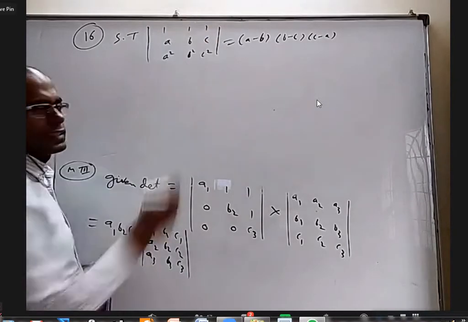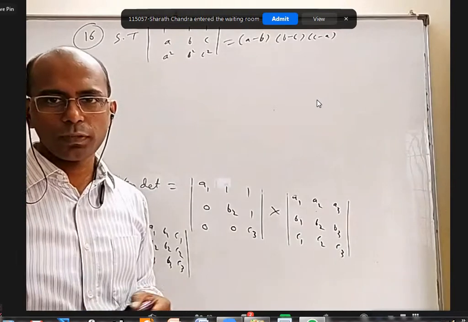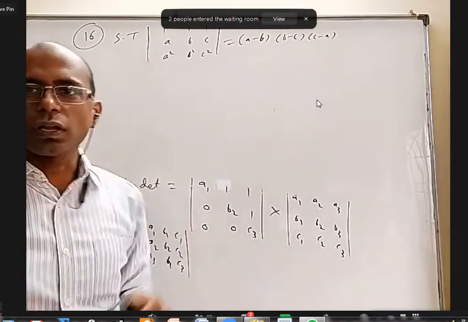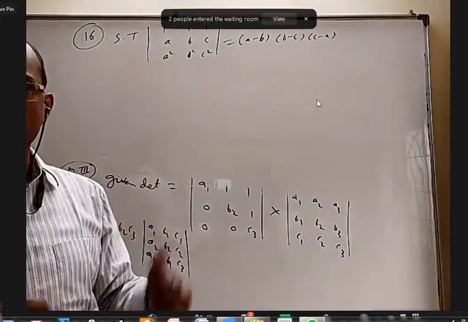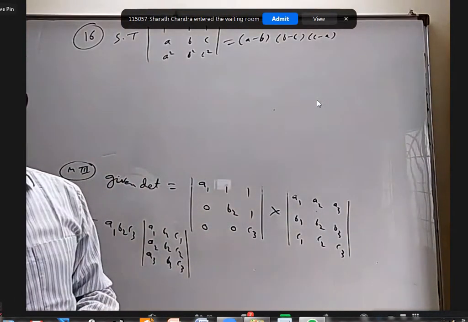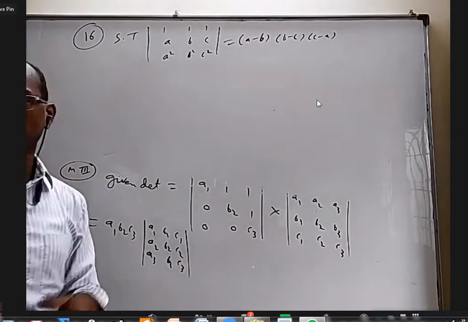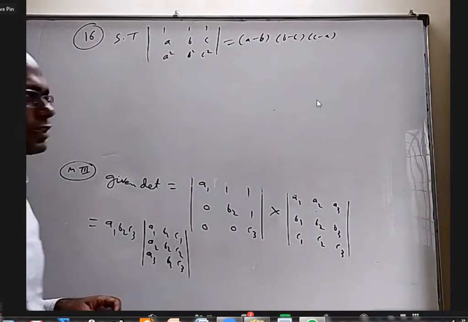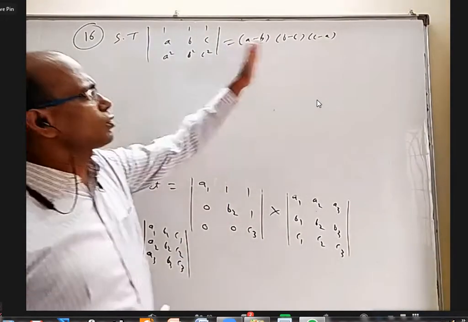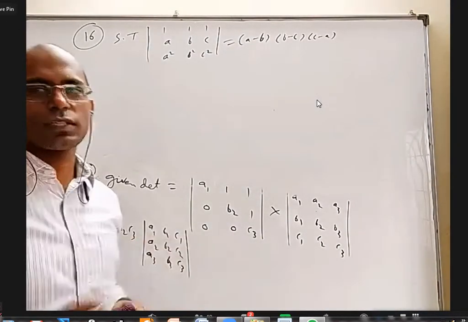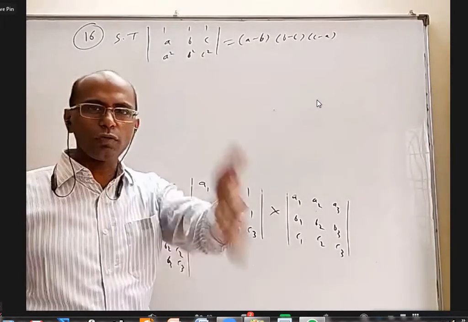Whenever 1, 1, 1 is there, the standard process is we convert the ones into zeros. If any determinant has a lot of zeros, it is advantageous because we can expand easily. We don't have to write a lot of terms, as many terms will be zeros. So one of the goals in matrices and determinants is to try to get as many zeros as possible. And we also know the answer. If this is not given, we don't know what to do. When it is given, you know where you have to reach.